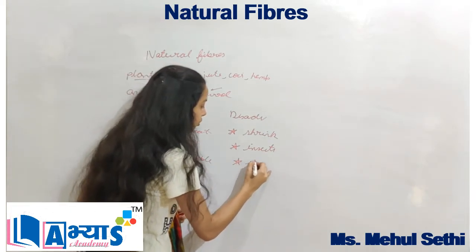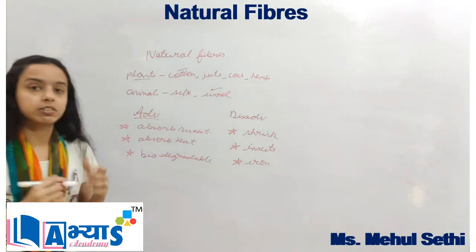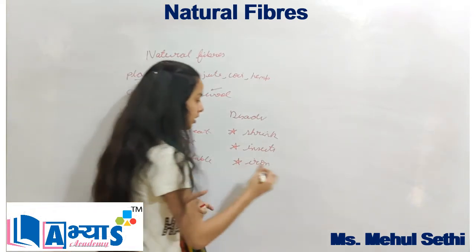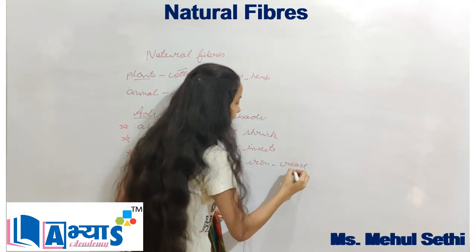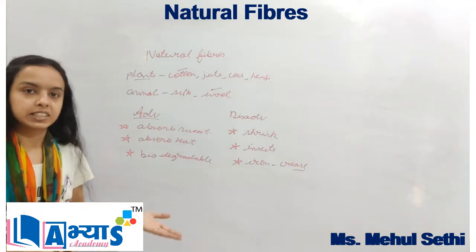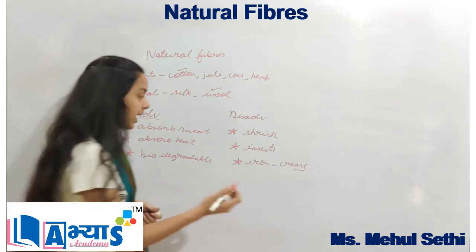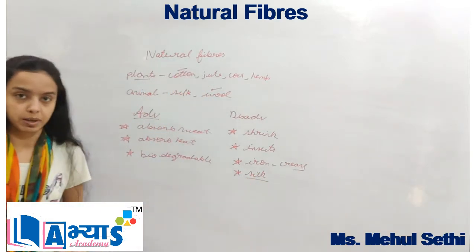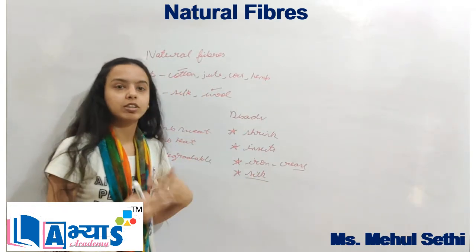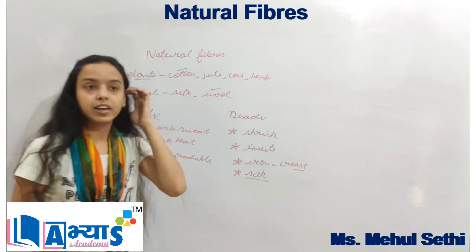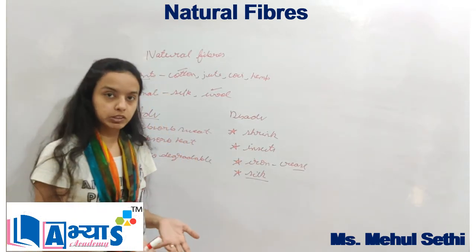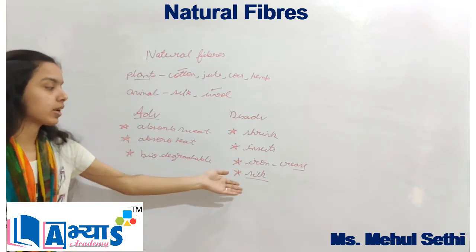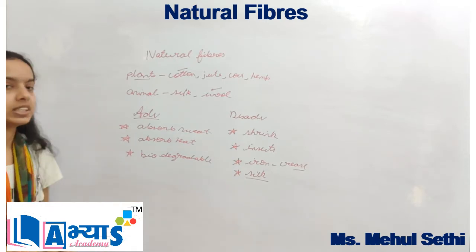Also, we always have to iron these types of clothes because without ironing we cannot wear them, because creases develop on these fibers. So we have to iron them regularly, and also they are expensive in comparison to synthetic fibers. Like we take the case of silk. Silk is the most expensive fiber out of all the fibers. So disadvantages include that they have the property of shrinking, they are easily attracted towards insects, so they get damaged, we always have to iron these types of clothes, and also they are comparatively expensive as compared to synthetic fibers.